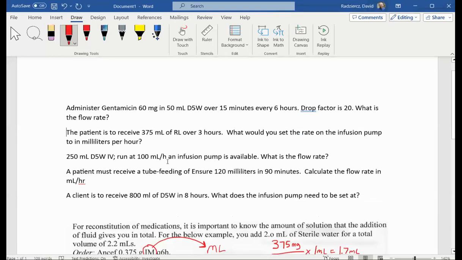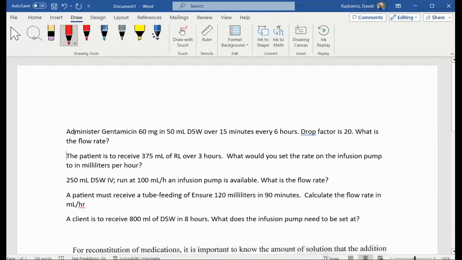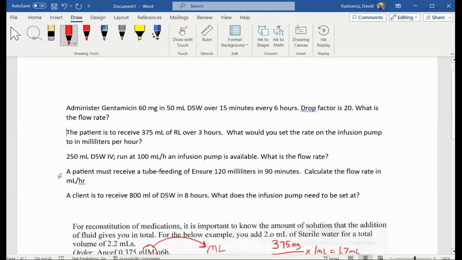Like I said, you'll have the questions available to you. So these are your IV flow rate type questions, like I mentioned. And what I'm going to do is I'm going to do one more thing. This will help actually with